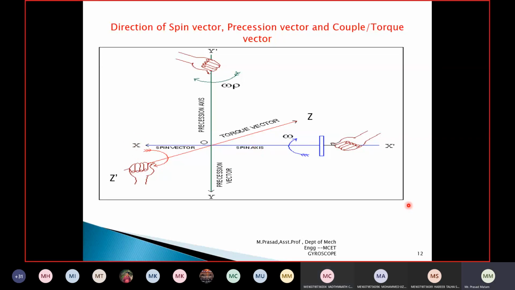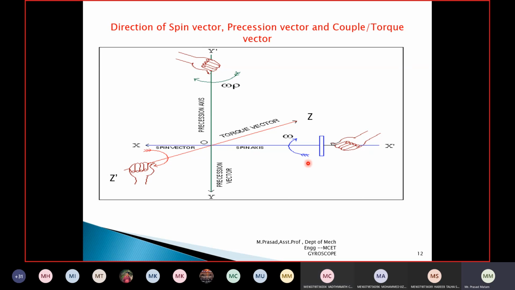Now, what is a gyroscope? As we know, we define the gyroscope as follows: under directional forces, a body spins in one direction and tries to move in another direction. Here my body is the rotor or disc. This disc is rotating in one direction, and at the same time, while rotating, it tries to move in another direction. That direction is called the precession direction. It always tries to move in the y-axis. Already we have seen this, we demonstrated it in the lab experiment yesterday. I showed you one gyroscope device. The disc is rotating in the x-axis and tries to move in the y-axis.